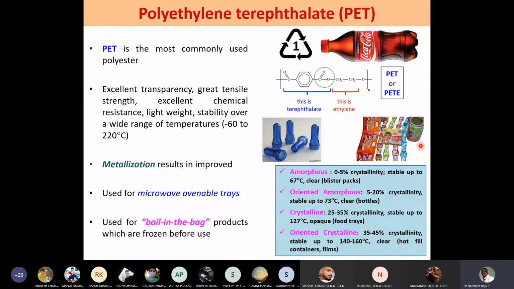And why it is applied over FMCGs is that it has an excellent reverse printing ability. That means you can print it from inside of the film and laminate it with another layer,